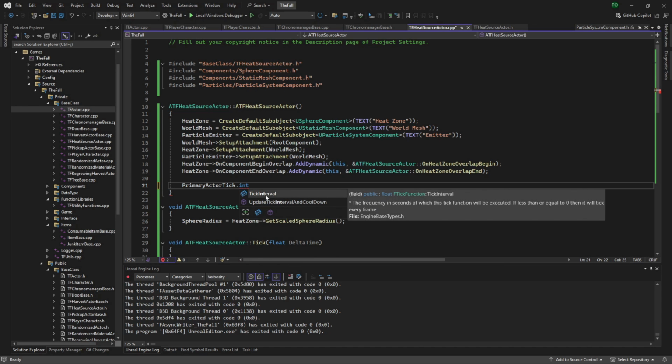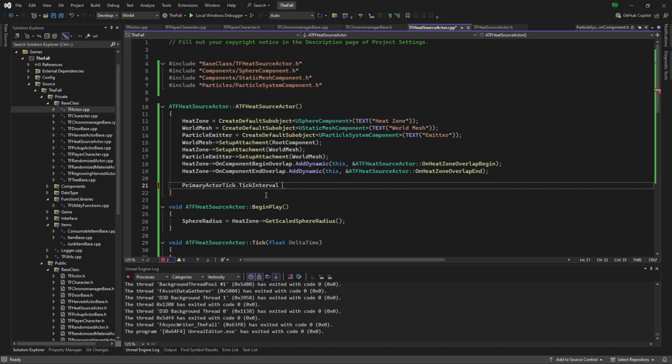So there is this tick interval. As you can see there in the description, it's the frequency in seconds at which this tick function will be executed. If less than or equal to 0, it will tick every frame. So this is a way to get around the need for timers